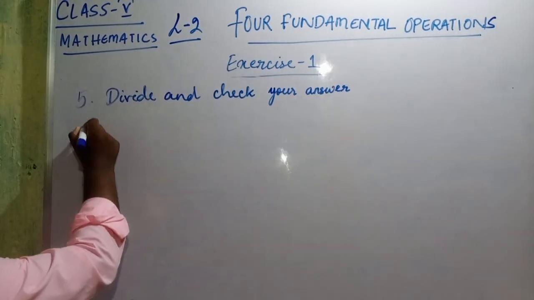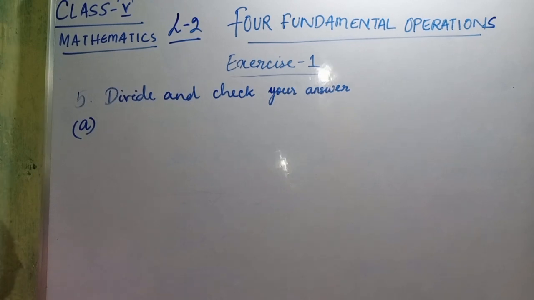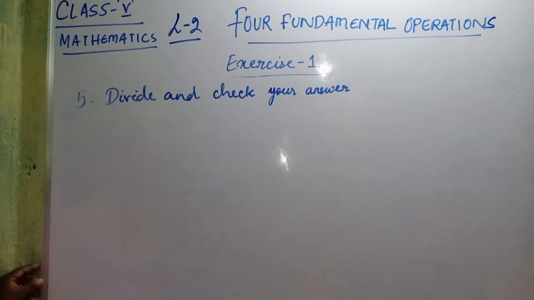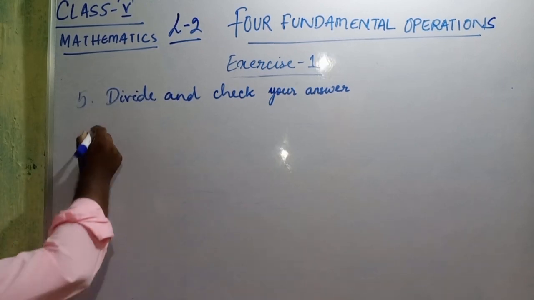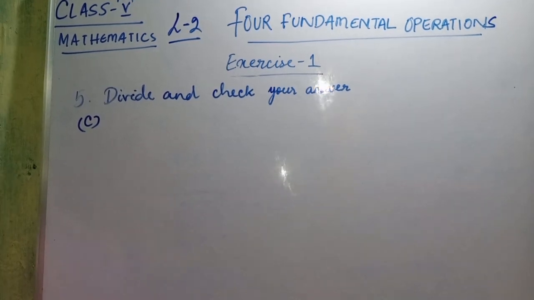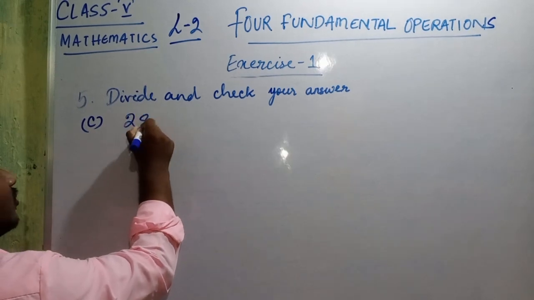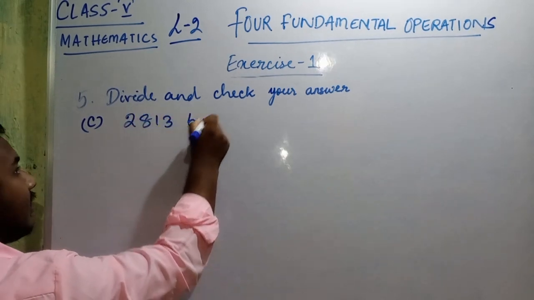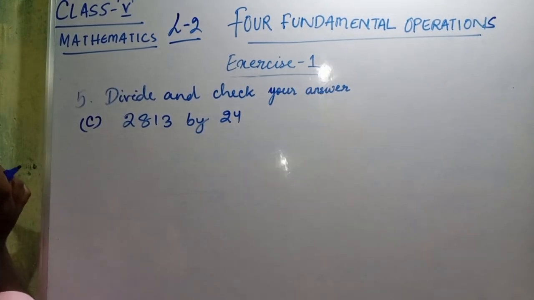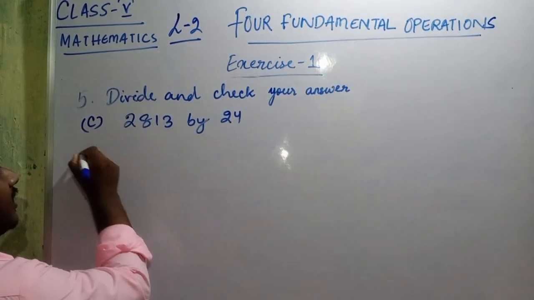So we will take a question, a number question. Okay, I will not take a number question, I will take a C number question. That will be very much better for you. You will be thinking sir is always teaching easy questions and is not doing hard questions. So I will do a hard question this time. So C number question, look: 2813 by 24. 2813 by 24. You have to do what here? Division.